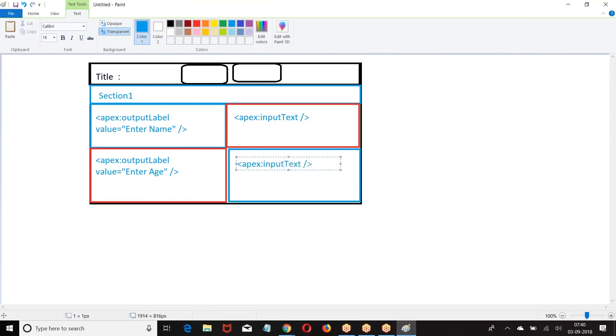That's all. Why? Because one component will be displayed in one column.